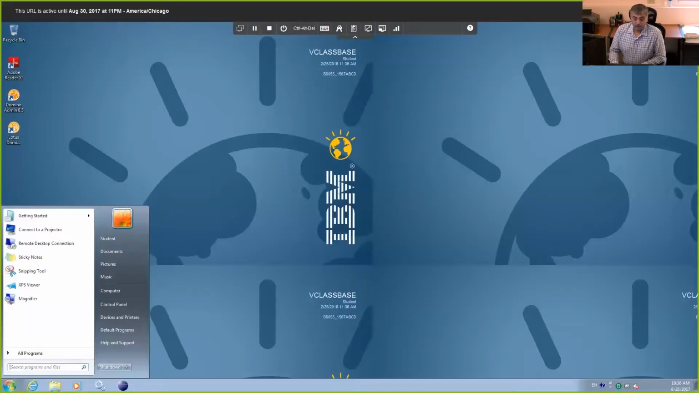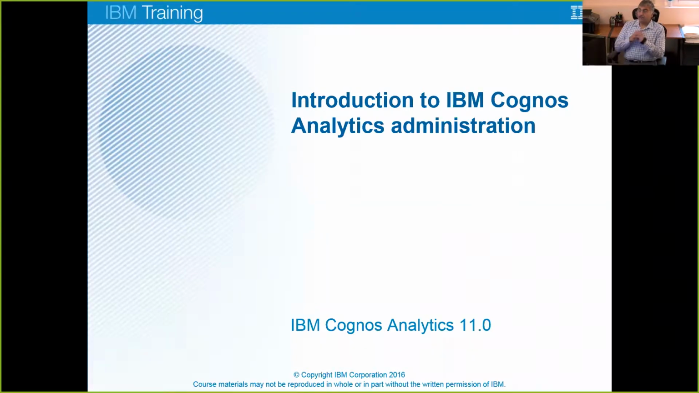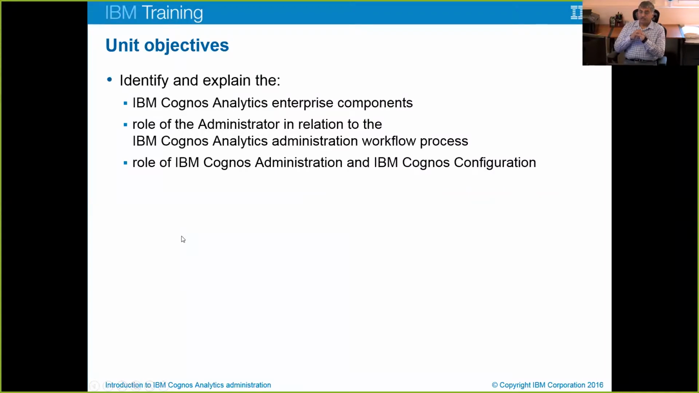Okay, so starting with the first chapter, which talks about Introduction to IBM Cognos Analytics Administration. In this chapter, we will be talking about various administration tools which are available. So we'll talk about IBM Cognos Analytics Enterprise components, the various components which are available. We'll talk in general about IBM Cognos Analytics and the role of the administrator in relation to administration and workflow